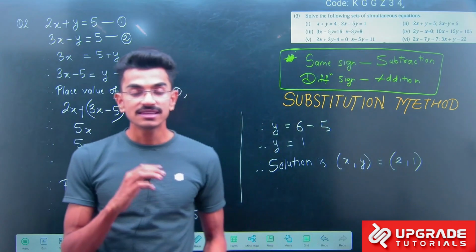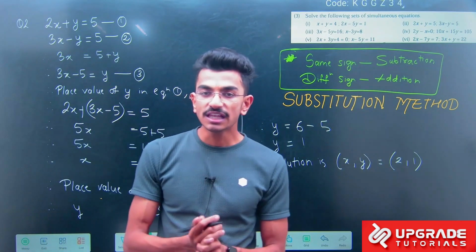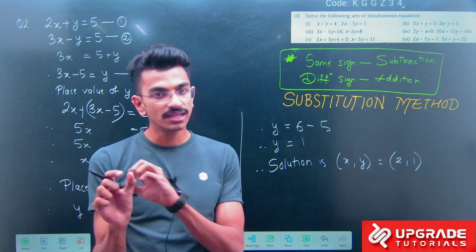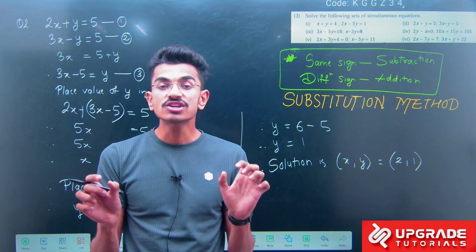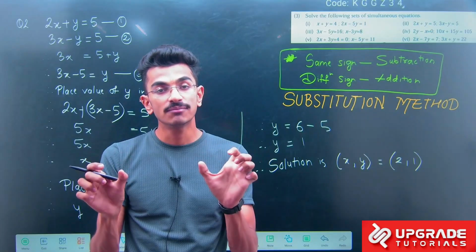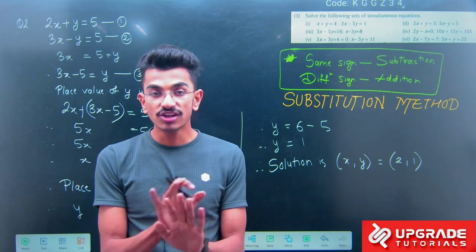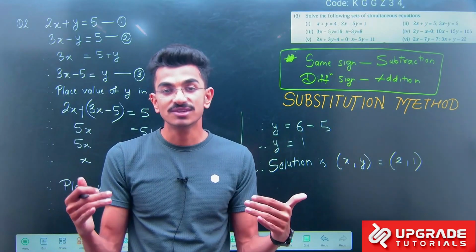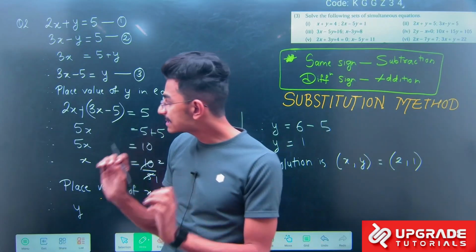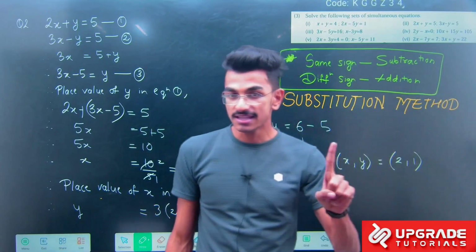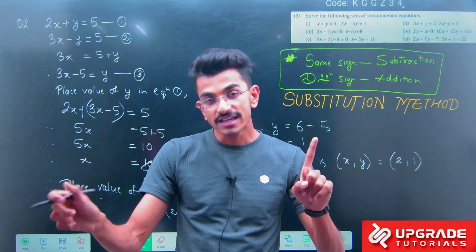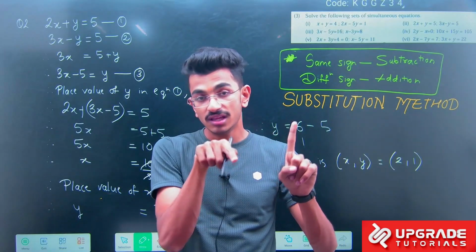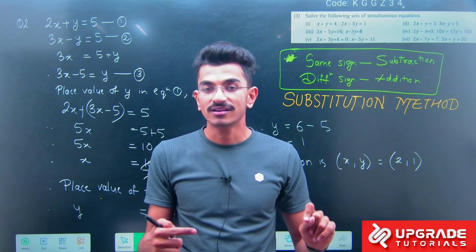Got it? Just keep in mind, you have to find the value of any one variable from the equation directly, and the equation from which you have found the value of the variable, you shouldn't place the value of that variable in that equation. मतलब in simple language, अगर equation 1 से मैंने value of x निकाली है, तो वो value of x मैं equation 1 में नहीं डालूंगा, मैं equation number 2 में डालूंगा.